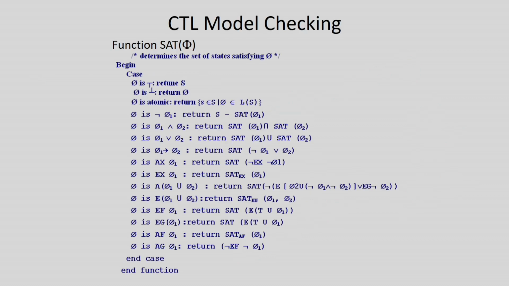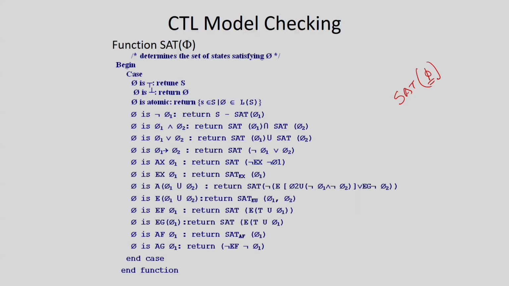So now what is the model checking algorithm, the CTL model checking algorithm? We are going to have a function called SAT of phi. So this is basically the satisfiability function, and what is the input? A CTL formula. Okay. So we are going to find out the set of states where the given formula is true, and we are going to look at only some operators which are adequate to express all other CTL operators. So in that particular case, if phi is top, I already said that top is nothing but the truth value true, and bottom is nothing but the truth value false.